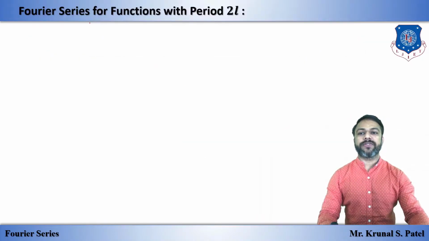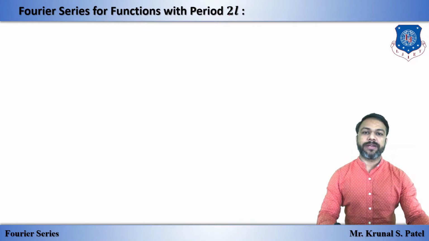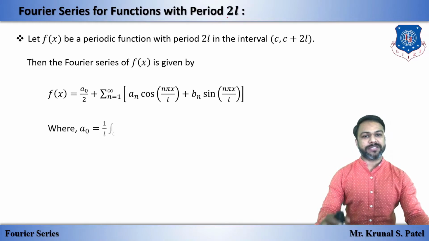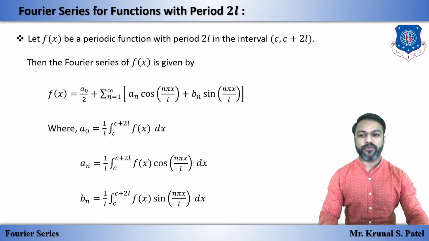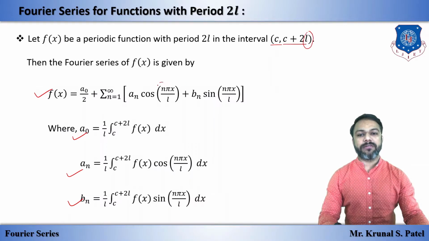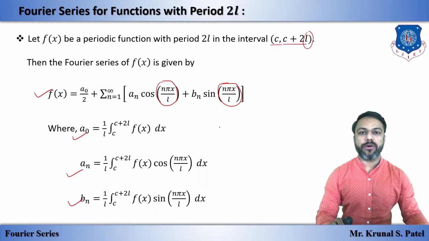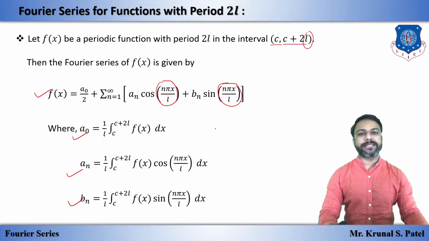Okay, so first we will write down the Fourier series formula for the function with period 2l, as we discussed in the previous lecture. This is the formula of the Fourier series f of x, where a0, an and bn are given by these formulas. As we have discussed, first we will find L using the given interval, and by putting L we will convert the angle, and then we will start the example. The same concept is also applicable in this lecture.